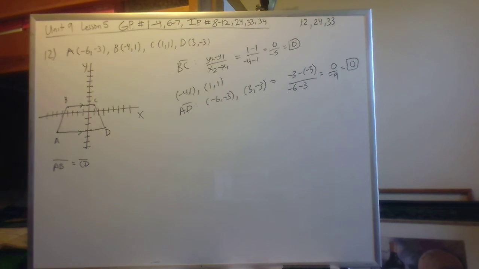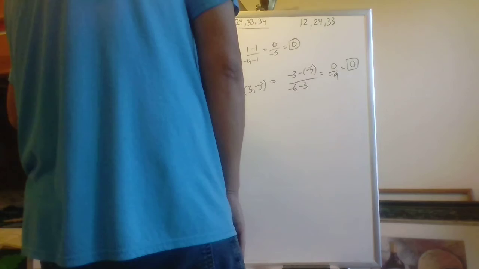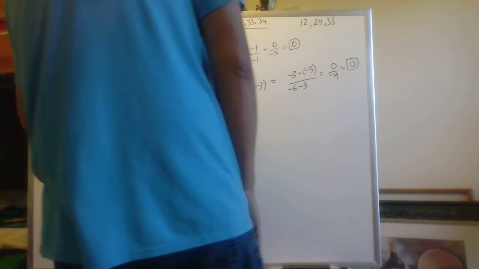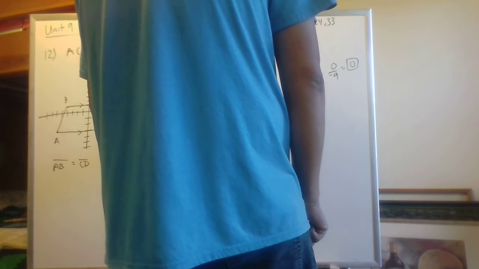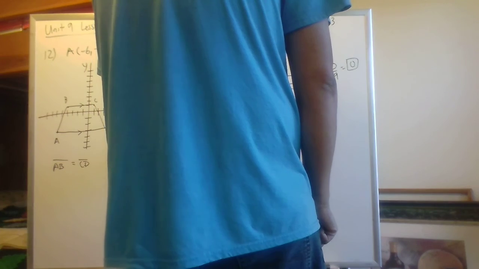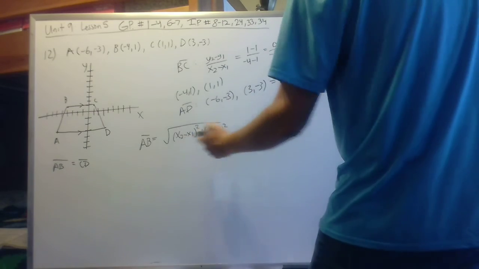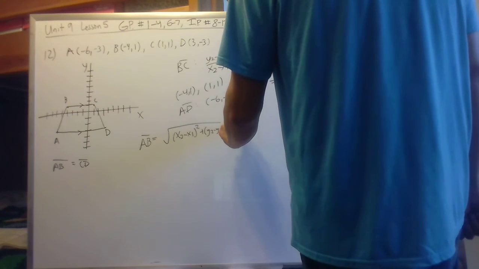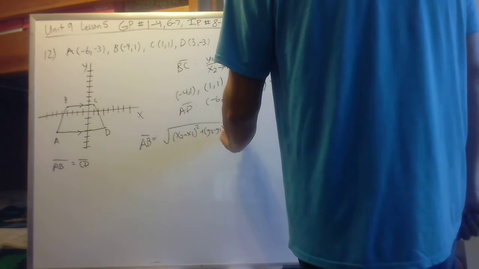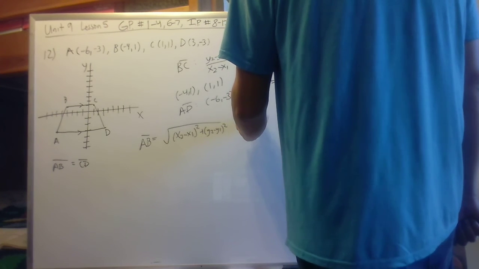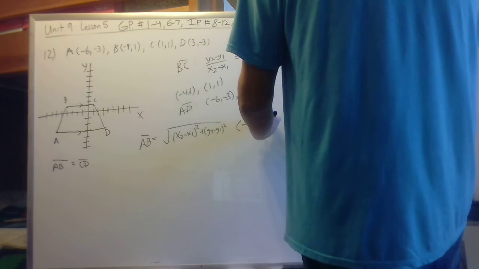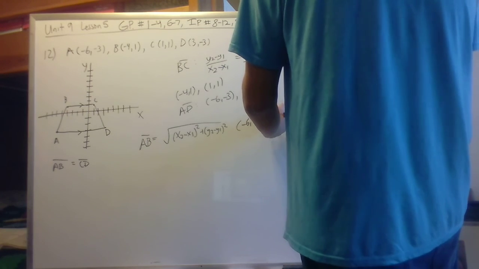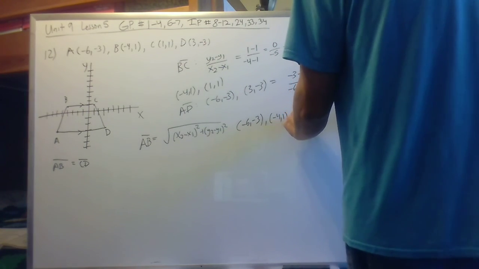Okay, so for this step, for AB and for CD, we're going to use the distance formula, which is x2 minus x1 squared plus y2 minus y1 squared. And again, it's the square root of what I just said. So the square root of x2 minus x1 squared plus y2 minus y1 squared. So the coordinates for AB we have are at -6, -3, and -4, 1. So doing the math, we're going to have